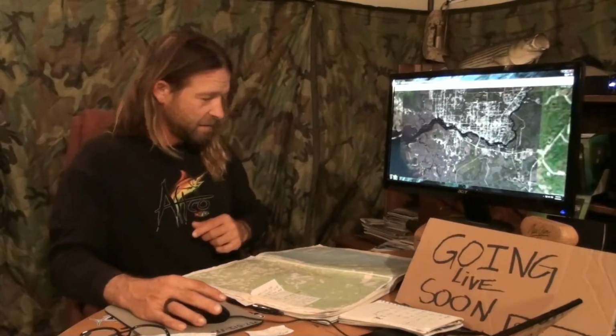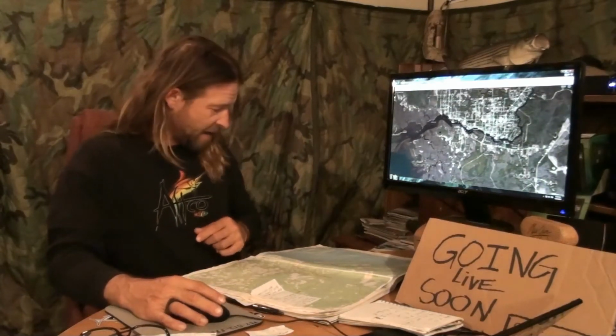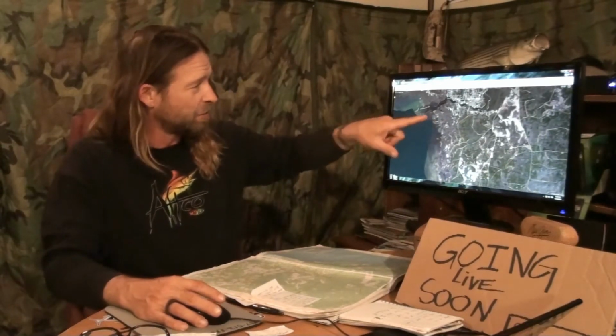The next day, I paddled on out, and for the first time in a couple of days I had a tailwind, so I was pretty happy. And the water was getting a little clearer as I was getting through here. I stayed closer to shoreline as I paddled, came out south. I was paddling down,